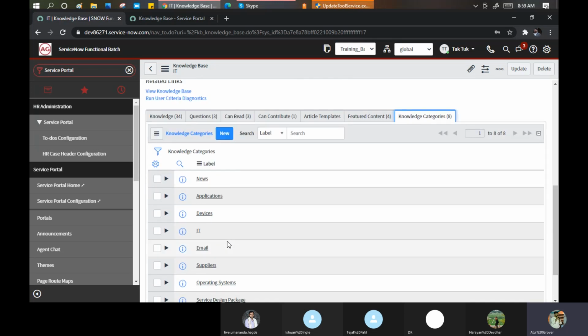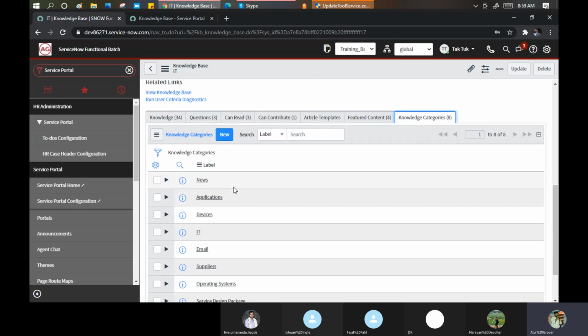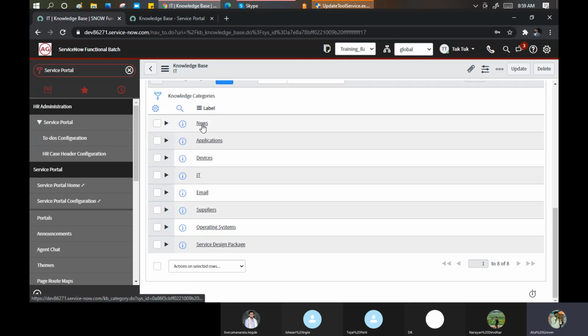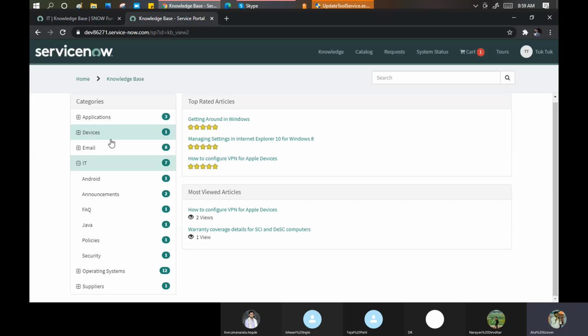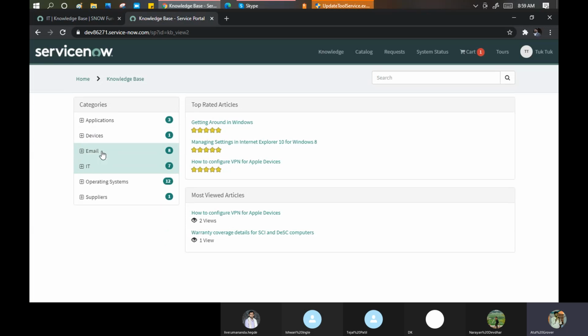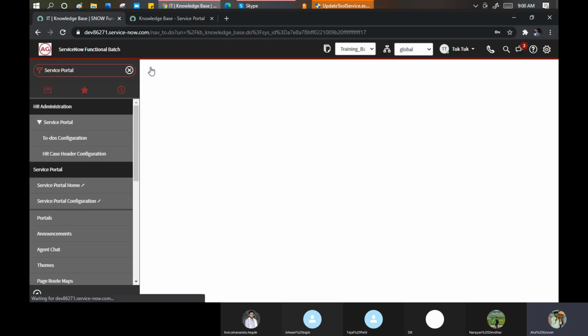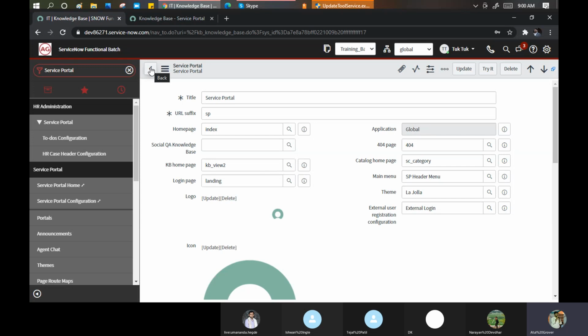Knowledge categories, these things. I created one knowledge base, and under that I have multiple categories: news, application, devices, and all these things are coming here. So now remember one thing: an A to B, B to C relationship is working now.